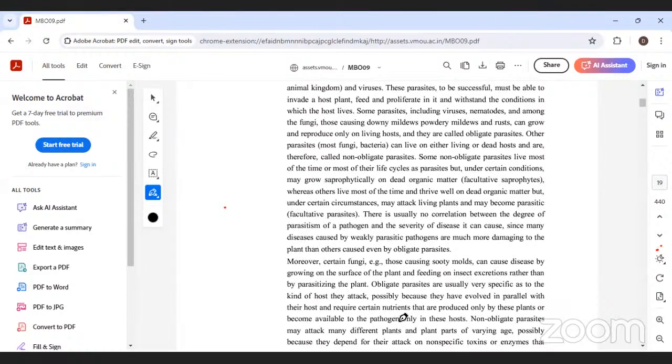Next one, moreover, certain fungi can cause disease by growing on the surface of the plant and feeding on insects rather than by parasitizing the plant. Obligate parasites are usually very specific as to the kind of host they attack, possibly because they have evolved in